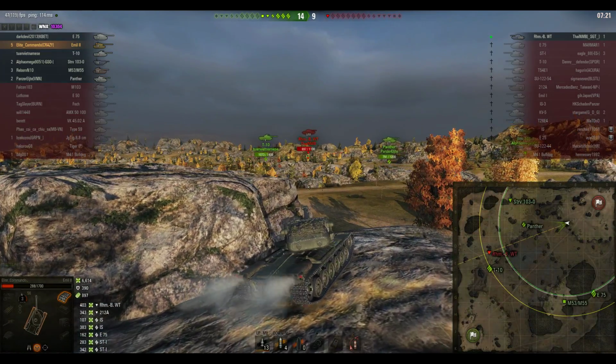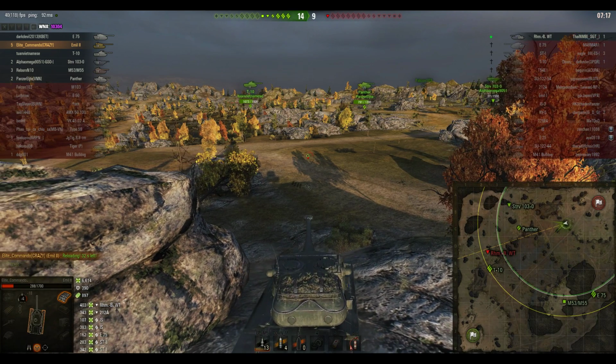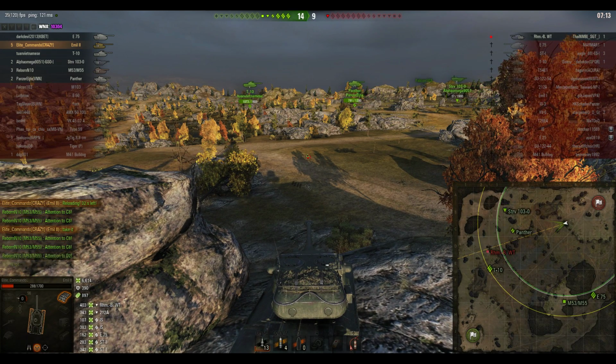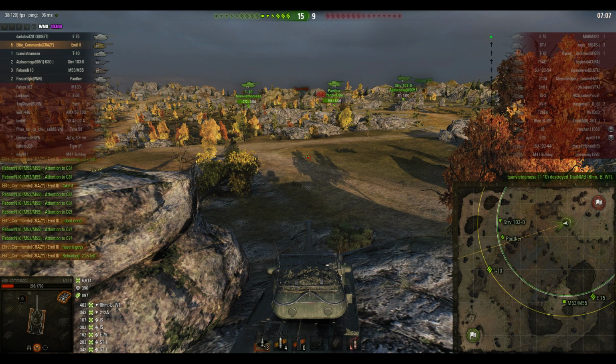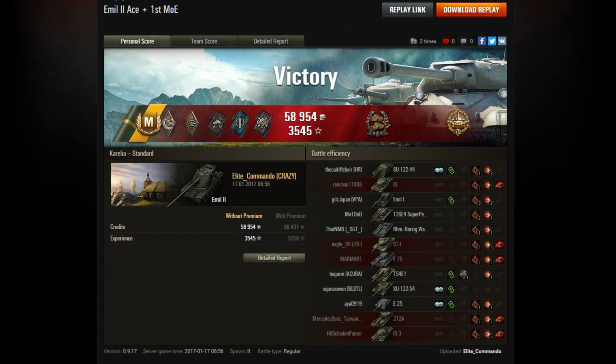Now he's going to take a reload. Probably should have reloaded on the way up to that position. The RHM is no longer spotted. The artillery pinging, and Elite Commando doing the right thing and saying, look, I want the reload, feel free to take that kill. But all in all, a pretty good result from Elite Commando on Karelia, picking himself up an